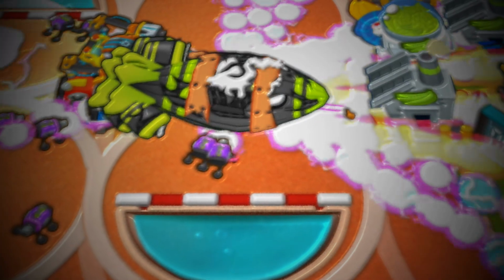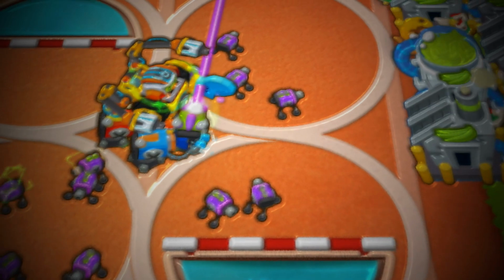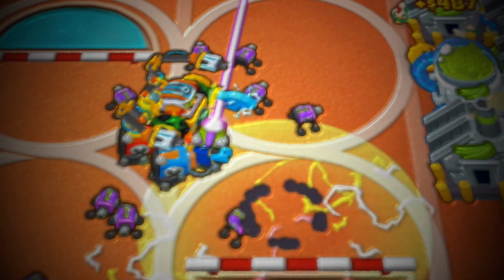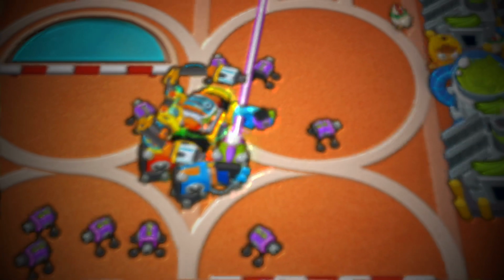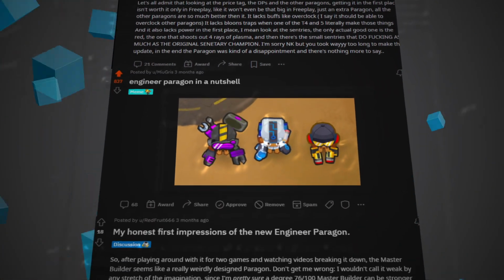The Engineer Paragon, upon release, was met with mixed reactions. Some were simply happy to see a new Paragon, and some appreciated his design and power, but there was also a loud reaction of disappointment. Some complained that he looked plain, some disapproved of the lack of power and scaling, and some just thought it